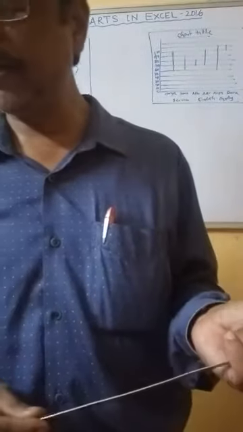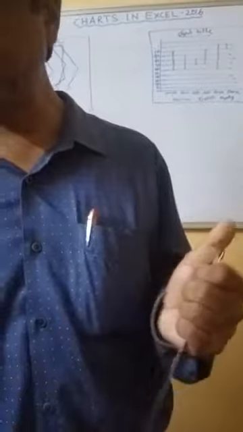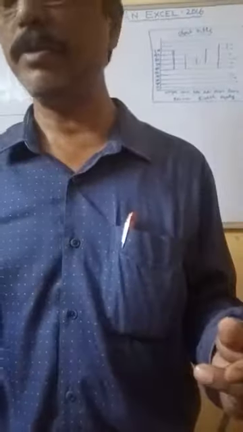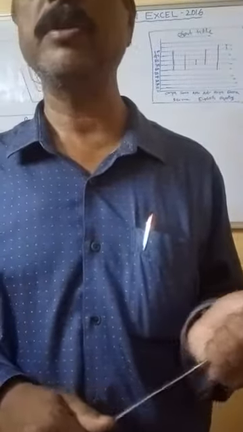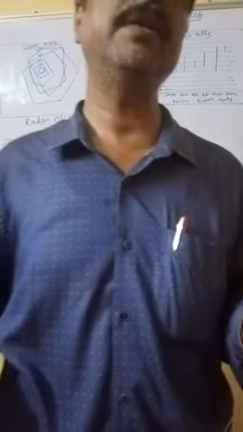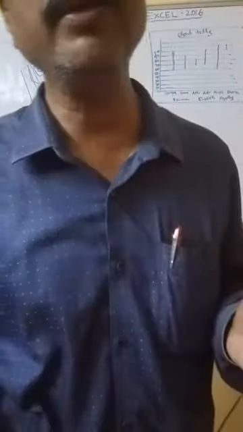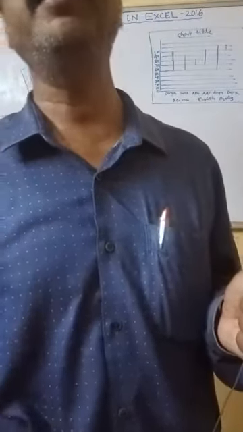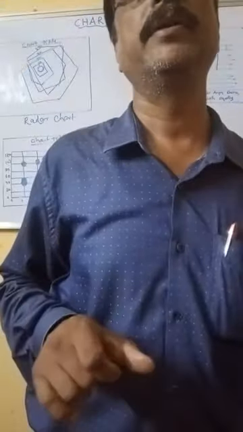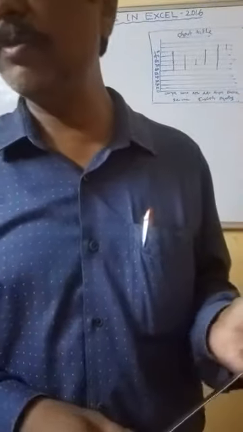Then click on the design tab. In the design tab, different designs are there. Which design do you want? Select the design, and click on the more button to view all the available styles. After selecting the design, if you want to see more designs, the more button is there below. If you click the more button, all other designs will appear. Whichever design you want, just click it, and the graph will appear in that design. So these are two different methods.